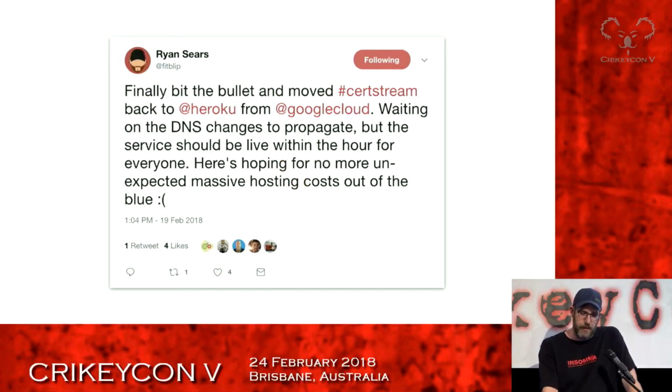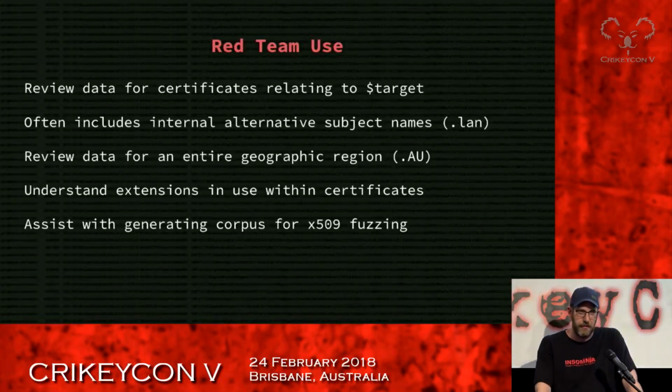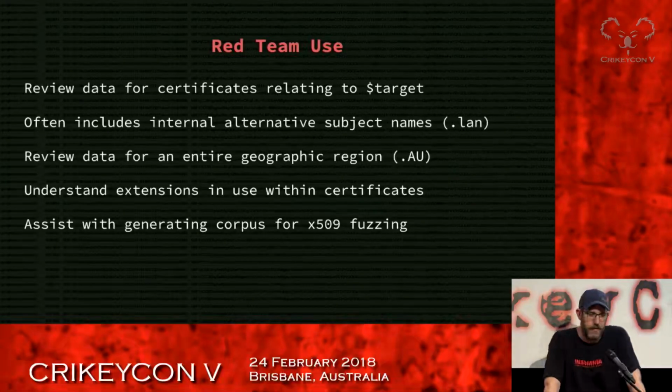All right, so what is all this good for, right? I'm on the red team for the most part. So for me, all I actually wanted to know was being able to find host names associated with targets. Having, for example, a massive data set where I can say, give me anything that's associated with Insomnia and NZ from a host name point of view is super useful and goes a long way.